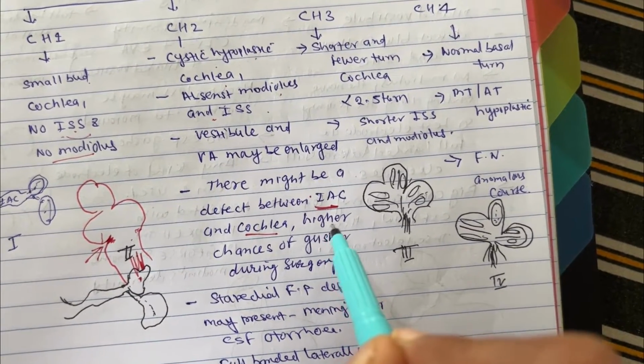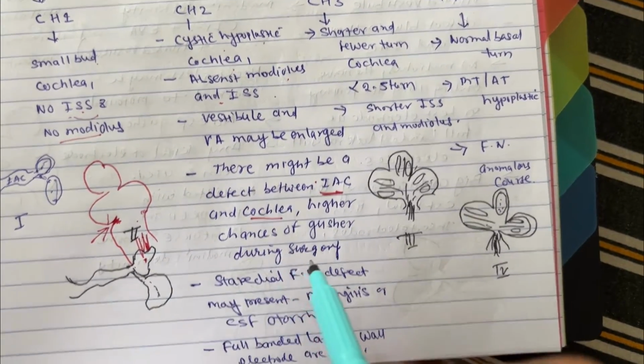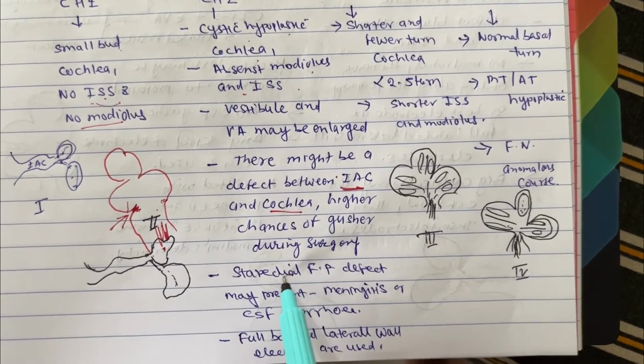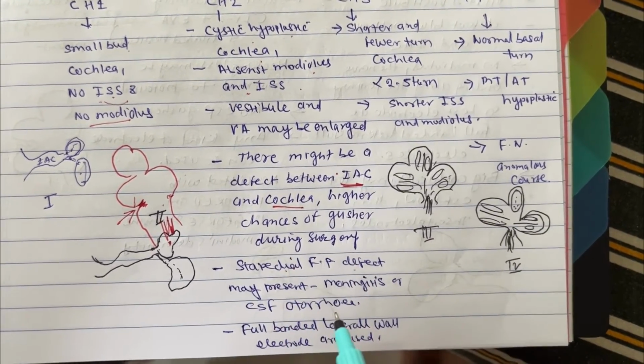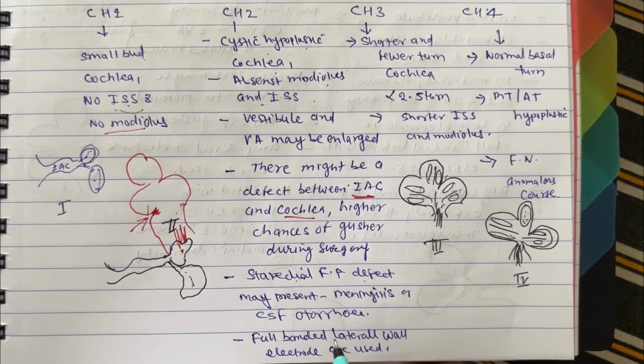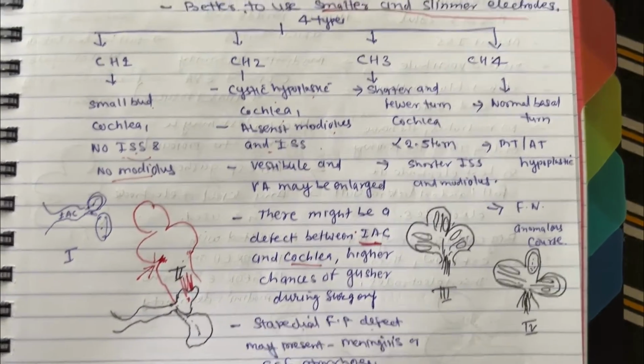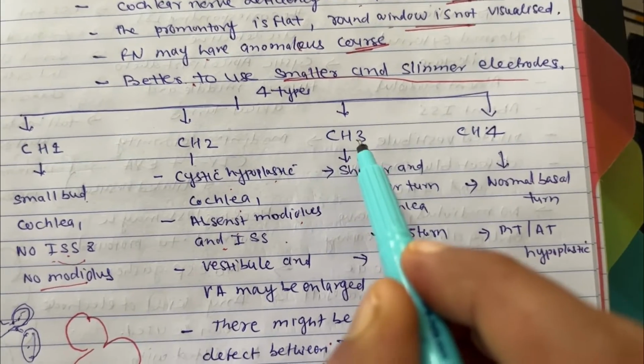Because of this, there are higher chances of gusher during the surgery. A stapedial footplate defect may present with recurrent meningitis, and a full banded lateral wall electrode is used. Now, cochlear hypoplasia 3 is